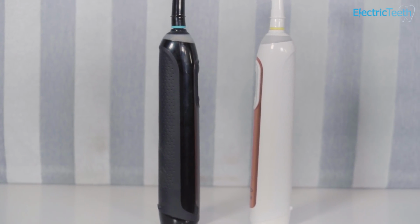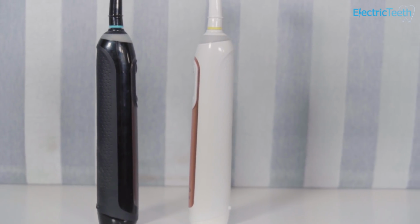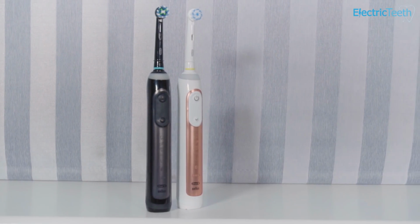Now let's talk a little bit about the price of the geniusx. So the standard variant has a retail price of $339.99 and the luxe variant $359.99. So there's about £20 in it there, and you get a little bit extra in the box, notably the extra brush heads. Now in reality, Oral-B electric toothbrushes generally sell for about 50% less than their retail price, and